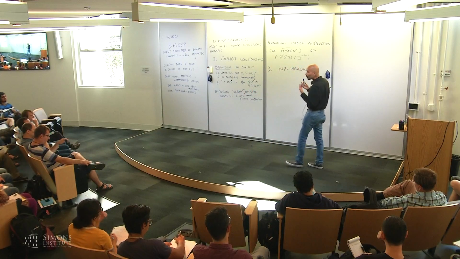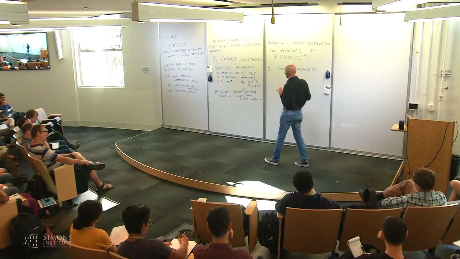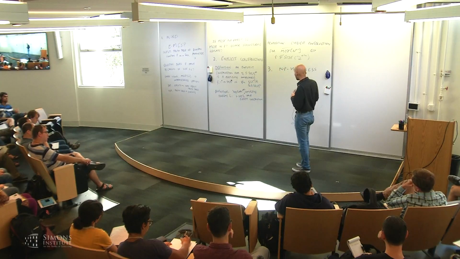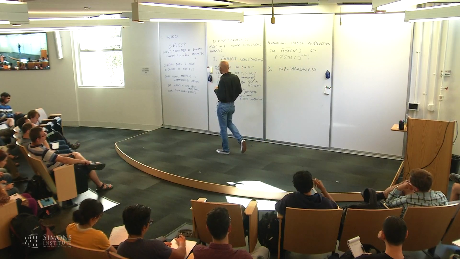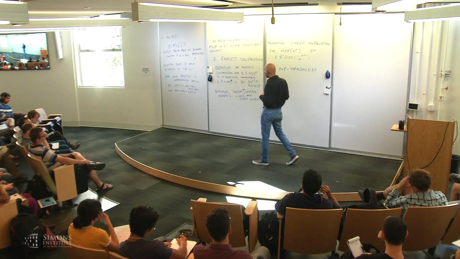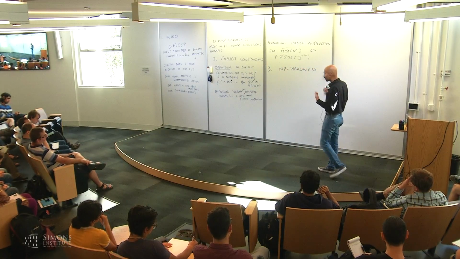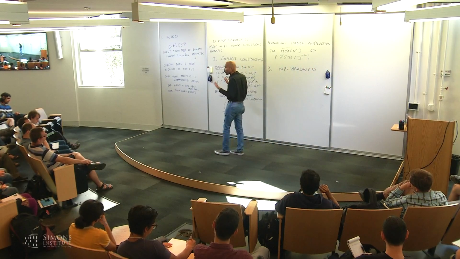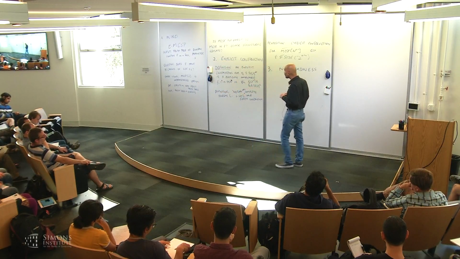So what is it about MCSP that makes this NP-hardness question tricky or hard to understand? An important insight into this was from a paper by Kabanets and Cai on the circuit minimization problem. This is in 2000, and this is really the paper that got research on MCSP going again. So MCSP has a very rich history in some sense, because there's a lot of work on it in the Soviet Union in the 50s and 60s. You can read about some of this in Trakhtenbrot's survey.